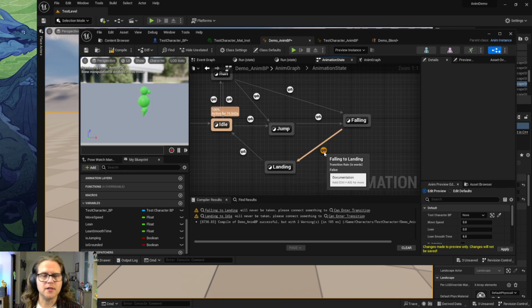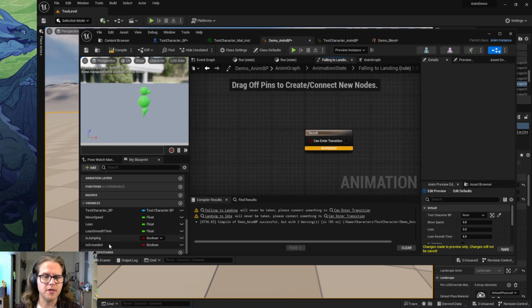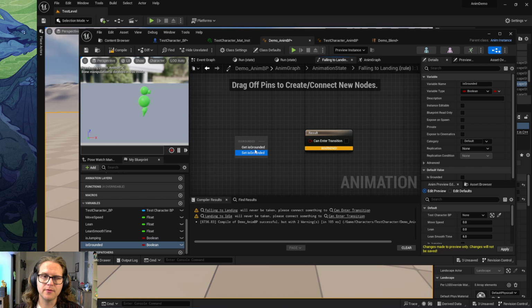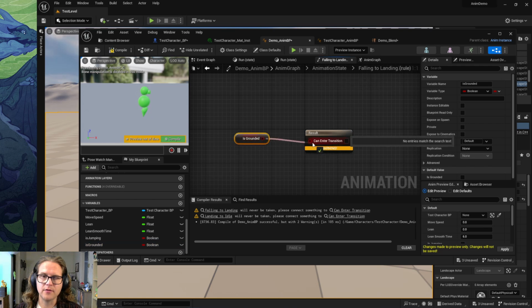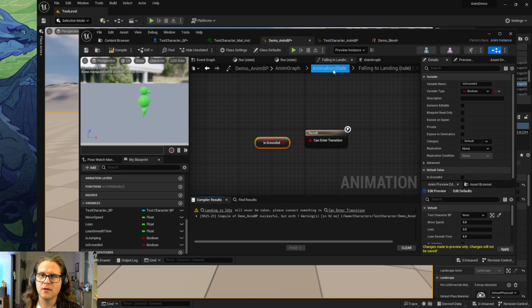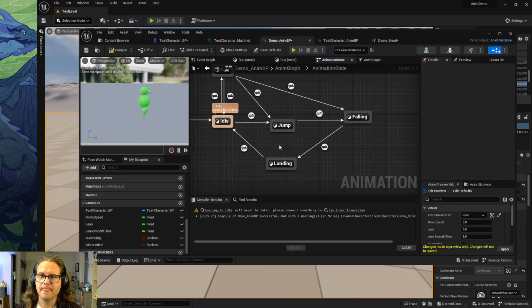The only thing we really need to look for is whether the character is grounded, right? So once the character becomes grounded, we should play the landing animation. So that one's a pretty easy one to set up. We'll just check for, is the character grounded? If that's true, then we're good. And then finally,